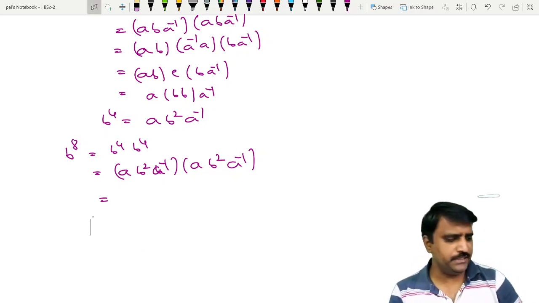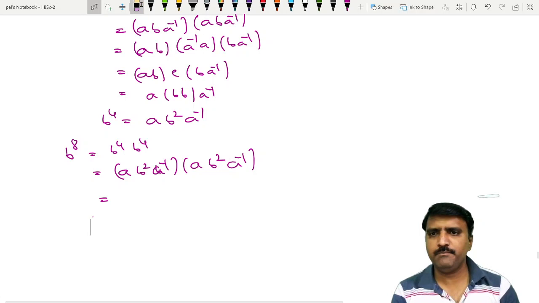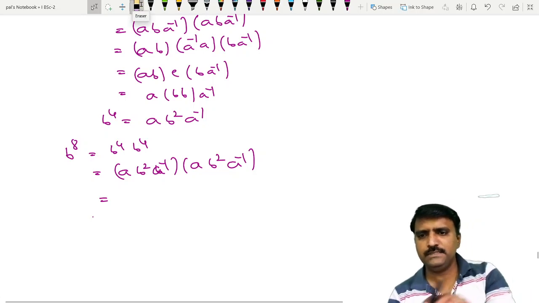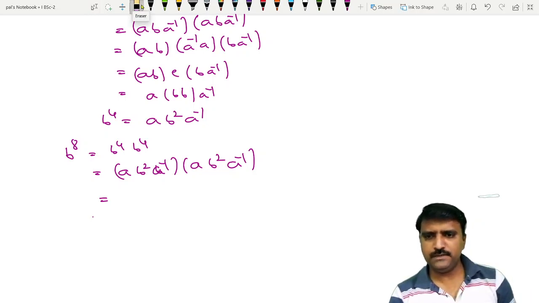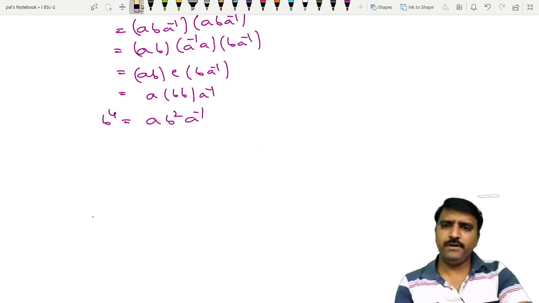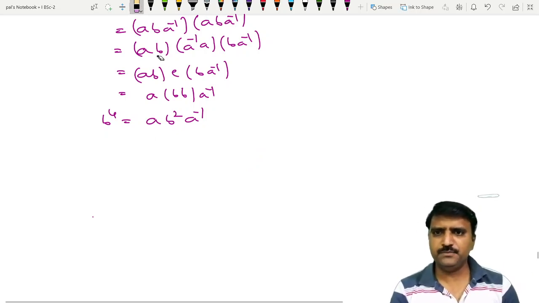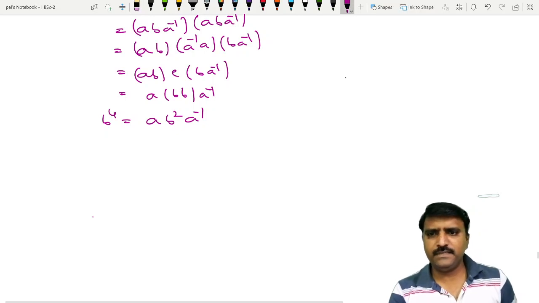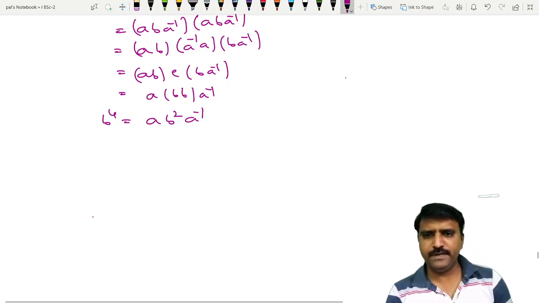So one more method to express this B to the power 4 is, I don't know whether that first result is useful or not. Okay, so for just rub this. Is okay, then after you take this B to the power of 8. So first you find B to the power 4 in another way. So take this is 1.